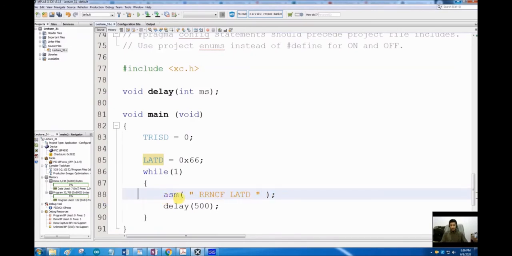You have to write ASM, bracket, inverted commas, and write the assembly language instruction inside. So what I have written here is RRNCF, rotate right no carry the file register. Which file register? LATD register. And then give a delay of 500 milliseconds and keep doing it. So after every 500 milliseconds, my register will keep rotating infinitely.